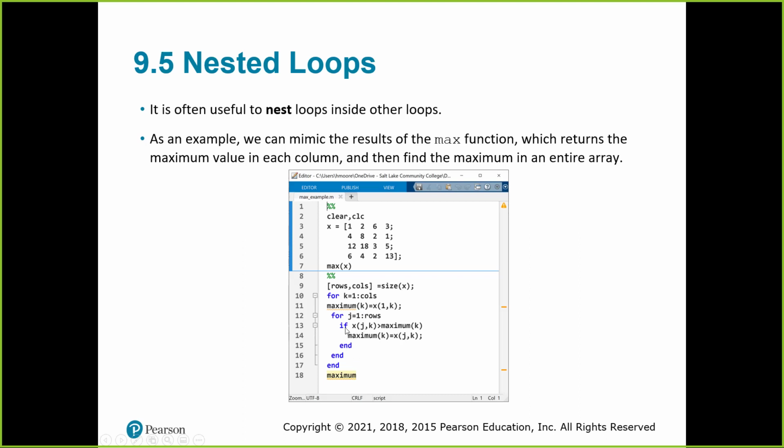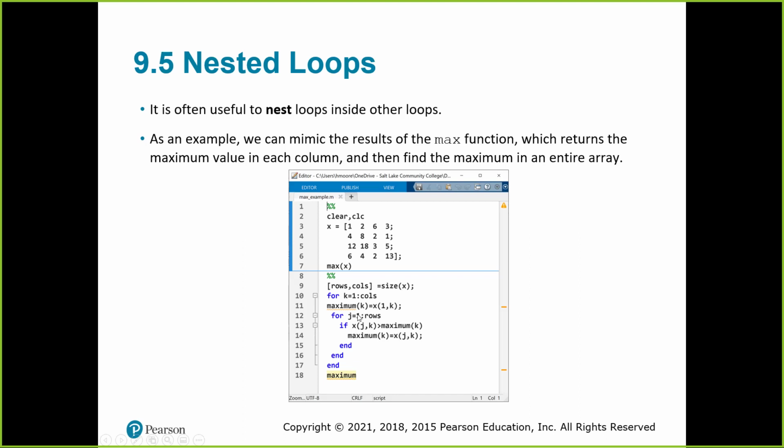And so it'll continue that for every row in here. So at the end of the first k value, our maximum is going to be 12. And then k is going to index to 2, and it'll come down here,